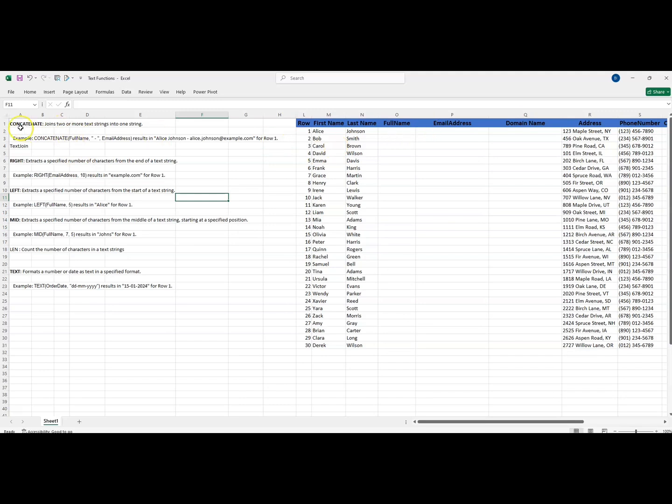So the first function we'll be looking at here is the CONCATENATE function. And what do you use CONCATENATE to do? You use it to join two or more text strings into one string. So here we have first name and last name. What if I want to combine the first name and the last name together to form a full name? So I use the function: equal to CONCATENATE